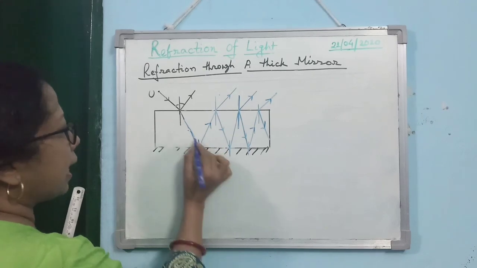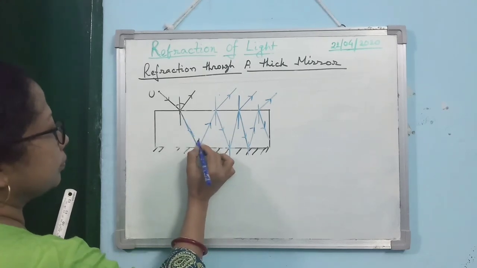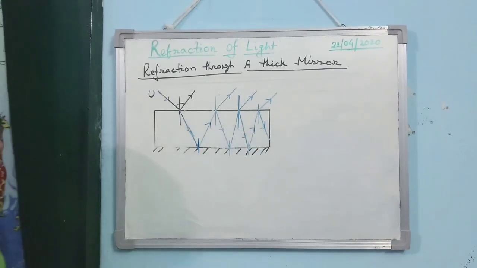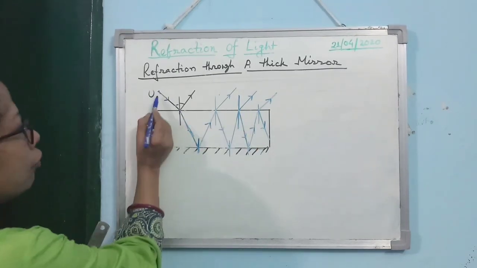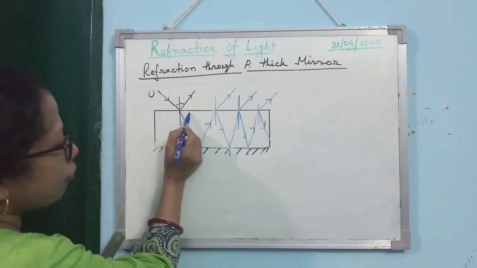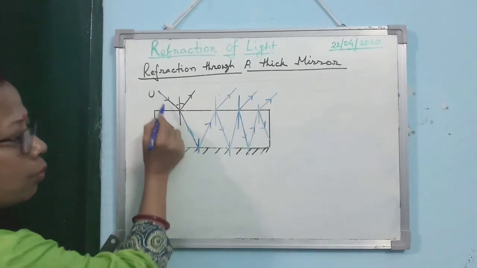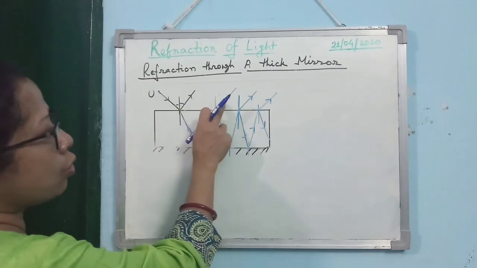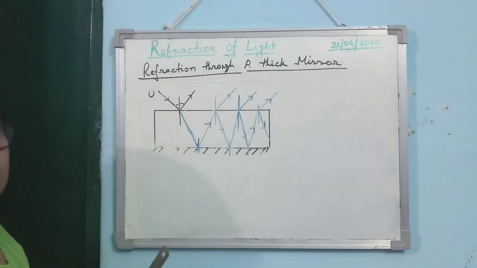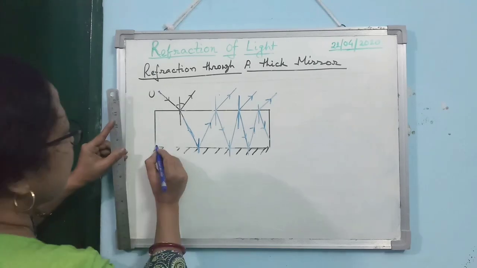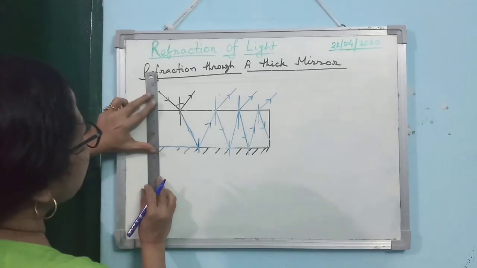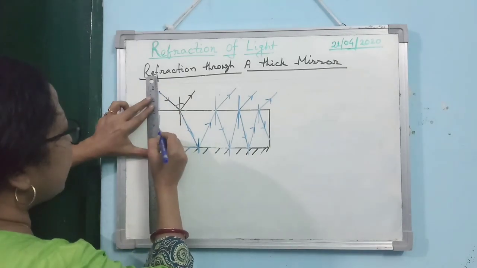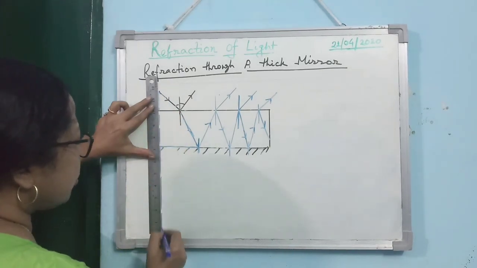When I have drawn the diagram, I have taken only one ray falling on it, isn't it? But actually what happens? From the point O, at each and every point of the upper surface, one light is falling. And for every incident light, you can have so many refracted lights. Clear? So let us find out what will happen. Now if I consider one ray which is falling perpendicularly on it, then what will happen? As you know, it will move straight.